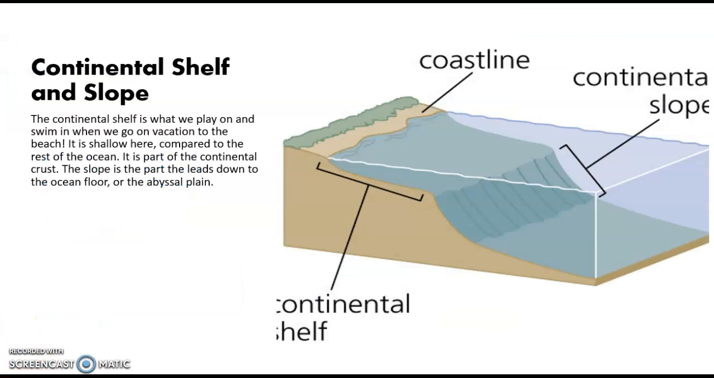The first thing that we find under the water's surface is the continental shelf and then the slope. The continental shelf is what you play on at the beach and where you swim. Like when you go on vacation to the beach, the area that you hang out in is the shelf. And then the continental slope is the part that leads down to the ocean floor, which can also be called the abyssal